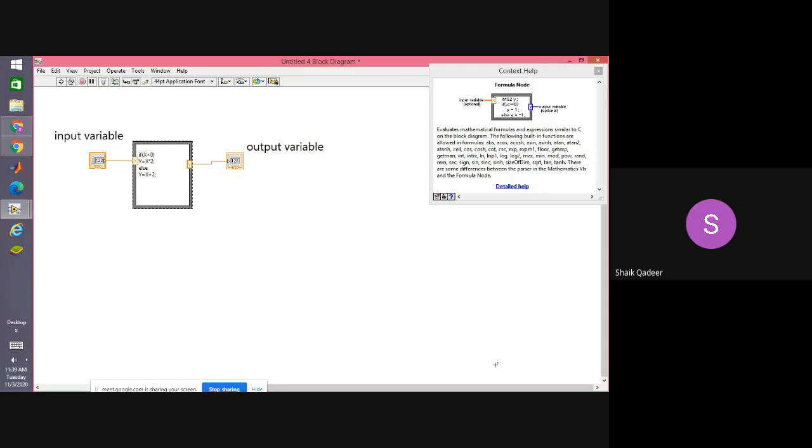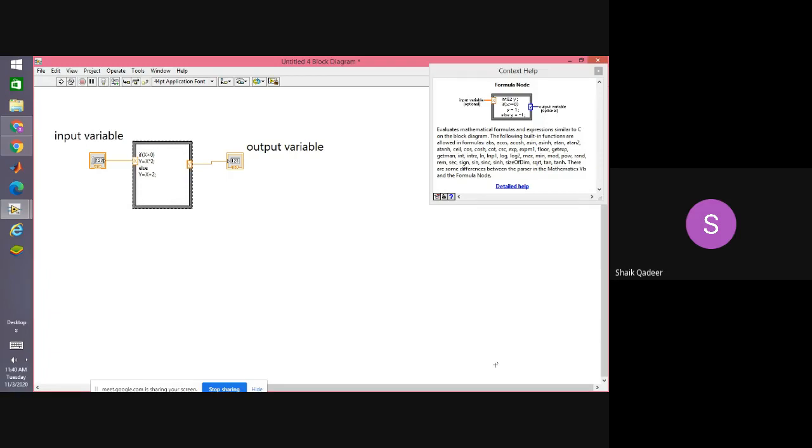We know that LabVIEW is GUI based programming. And sometimes we want to have a requirement of execution of sequential formulas.